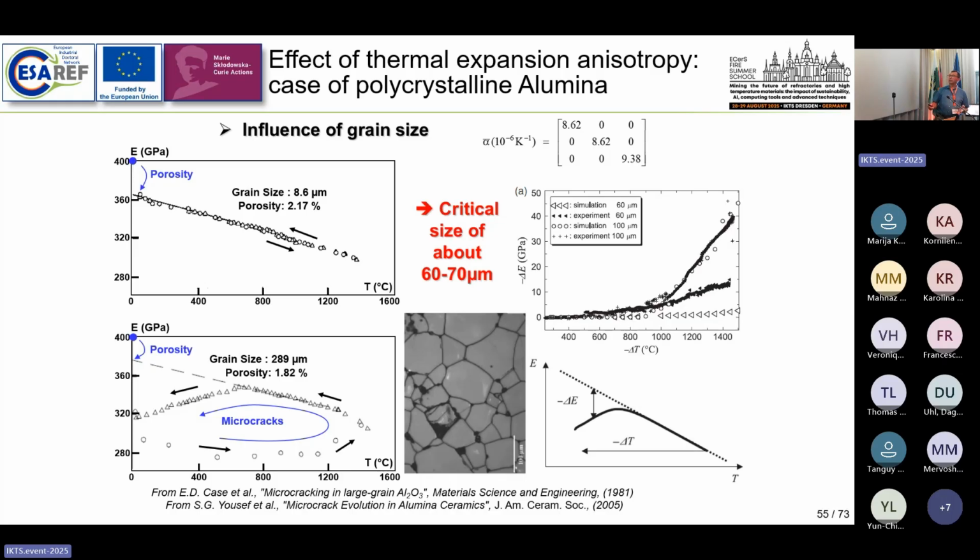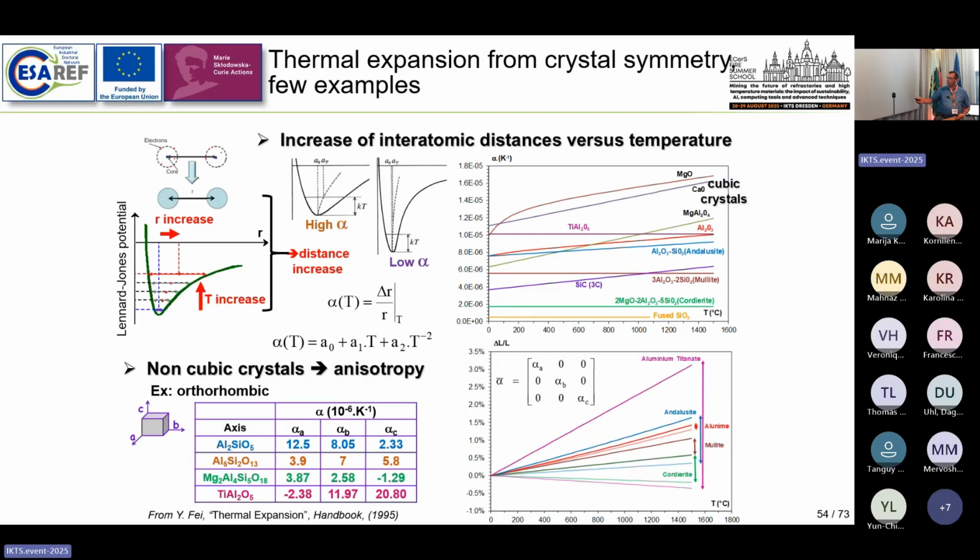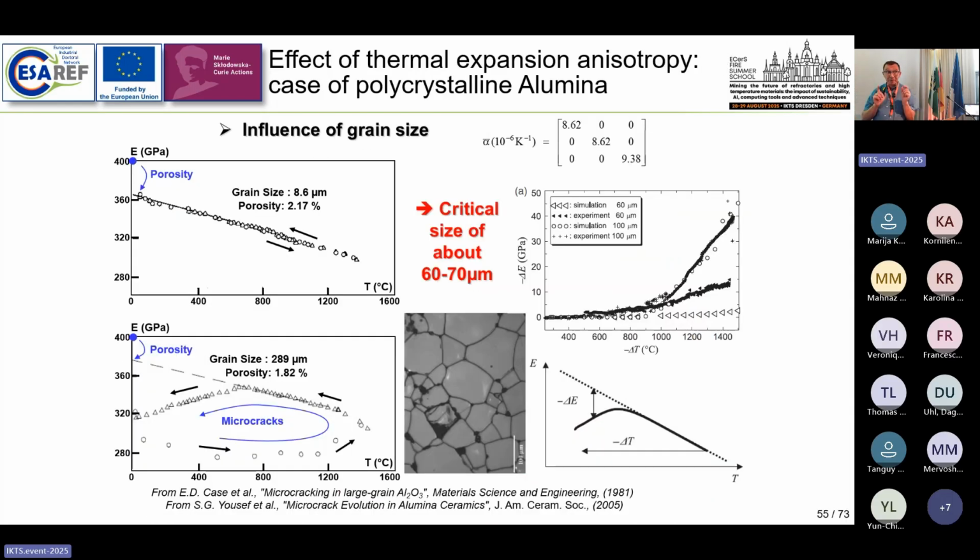Not so huge. If you look at the previous value, alumina, yeah, alumina is in French, sorry, but you can consider, okay, this is almost the same thing. These two red curves are very close to each other. There should be no problem. But in fact, no. Because of this very small difference, if you play with large grain, you are confronted with thermal expansion mismatch in alumina. And this is a famous paper which was published a long time ago, in which, if you play with large grain, you can see this curve which has been published